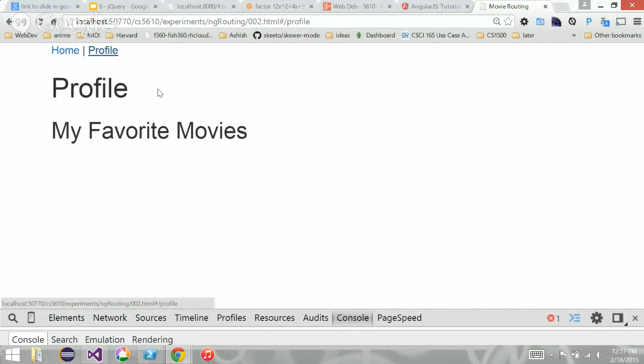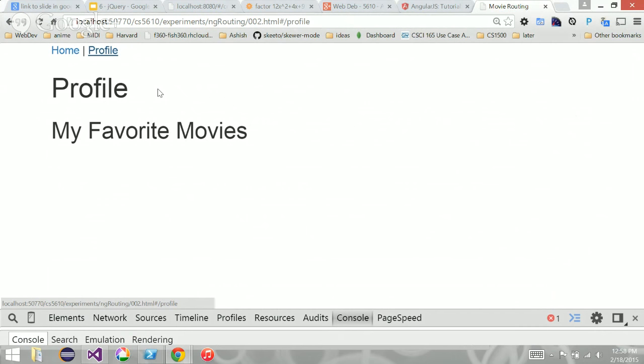But if you notice these controllers, the profile is gonna have its own controller, because it's not only gonna display my favorites, it's gonna display my profile information, anybody I'm following, any reviews I've made, any comments I've made. So it's supposed to grab a whole bunch of stuff. These two pages need to share information. So how can we do that? Right now, there's no way for these to share any information.